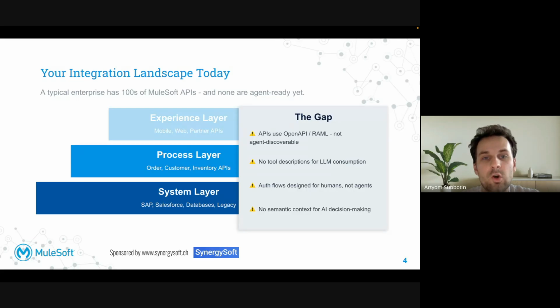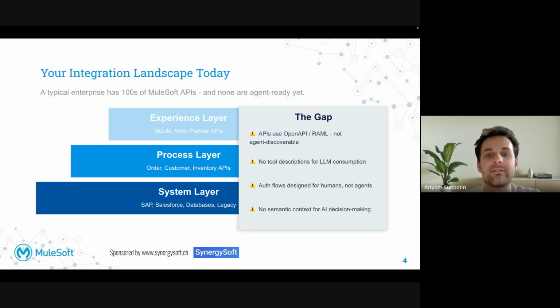So there is no semantic context, no tool description, no natural language guidance. And how you can understand all of these issues can be solved by MCP. If we go through the API-led approach, let's review step by step what is missing on each layer.